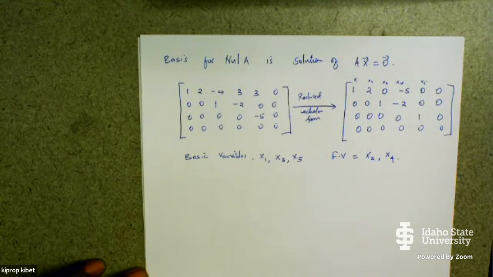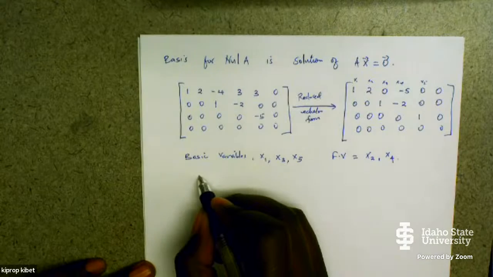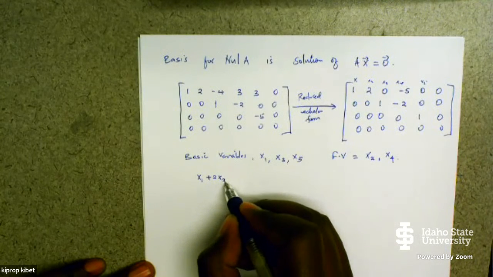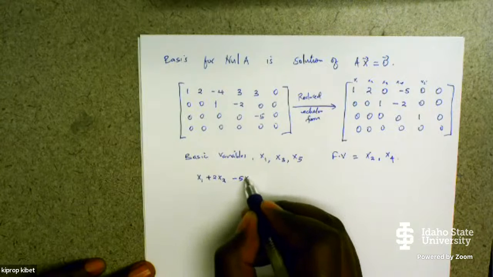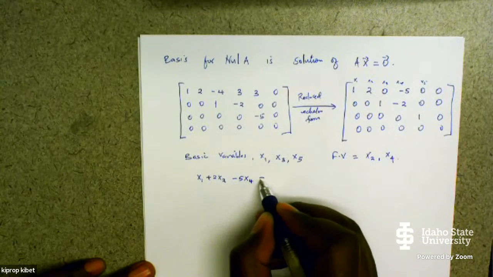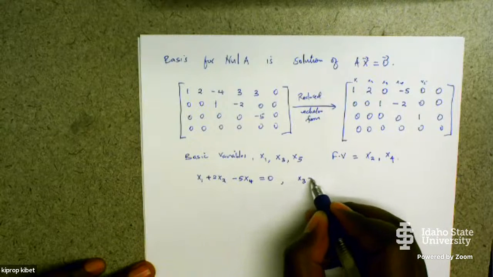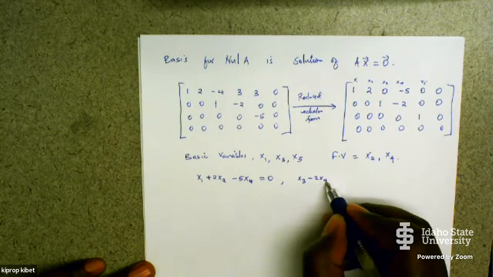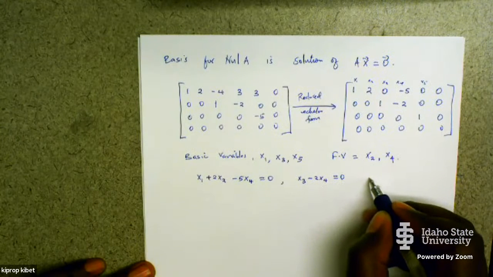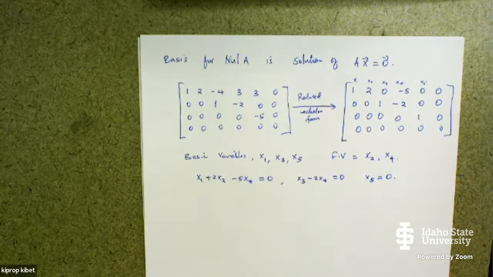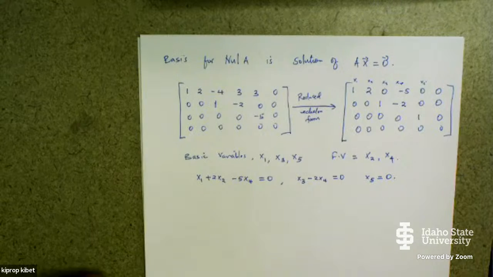So our new linear system will now be x1 plus 2x2 minus 5x4 equals 0. x3 minus 2x4 equals 0. And then x5 equals 0. So then our solution set